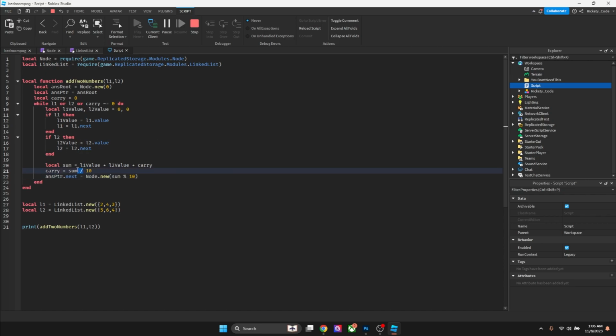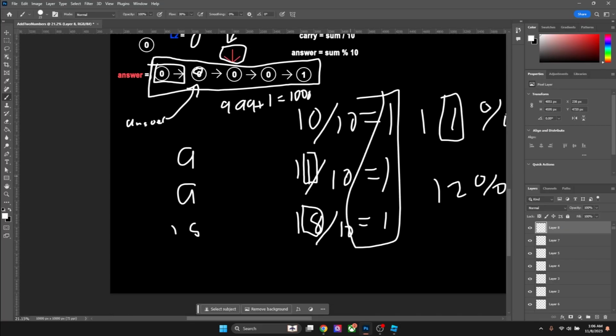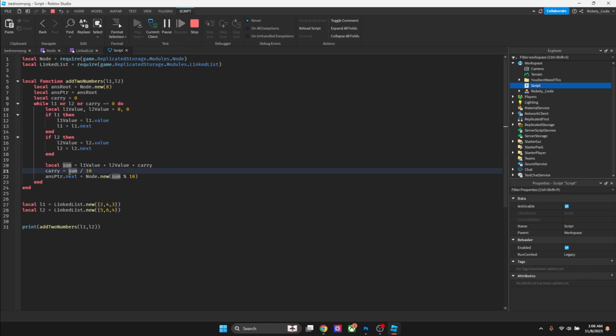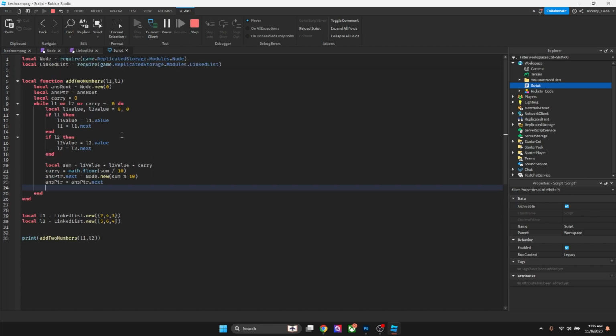And I think in Roblox actually we need to floor this because I don't think it actually gives us 1. I think in Roblox it's gonna give us some decimal value. So math.floor, and then we update our pointer equal answer pointer dot next. Okay, and then I think that's about it, except we need to return